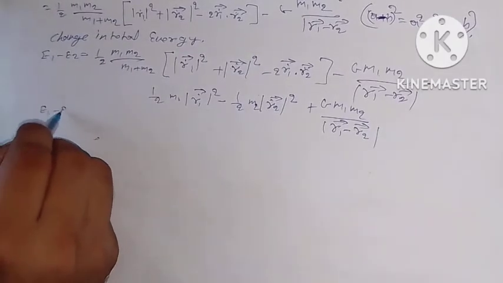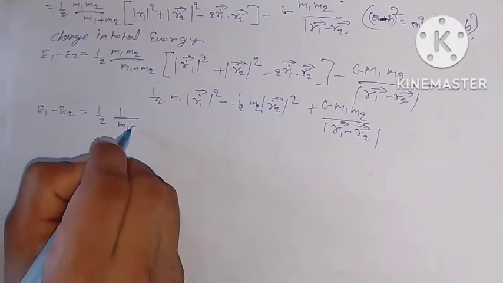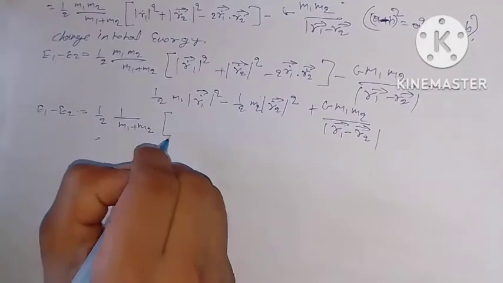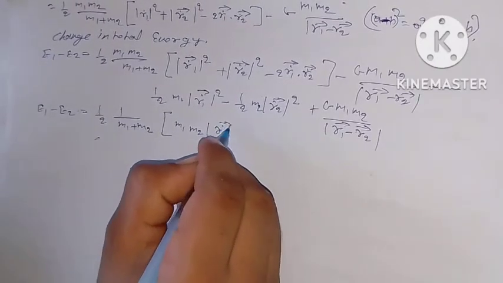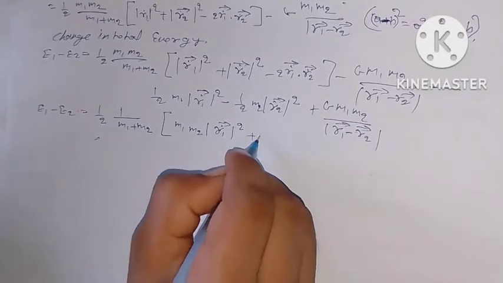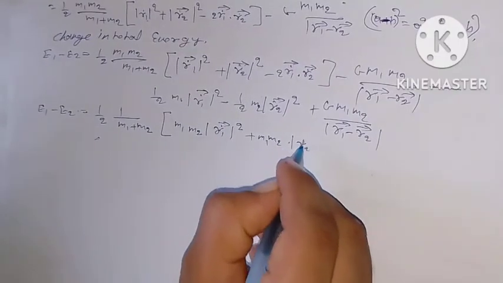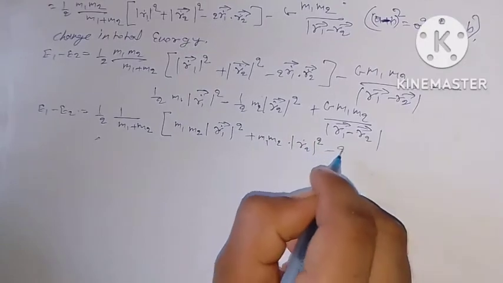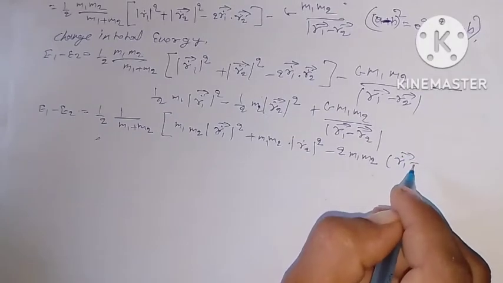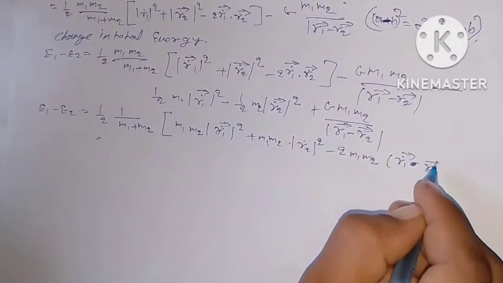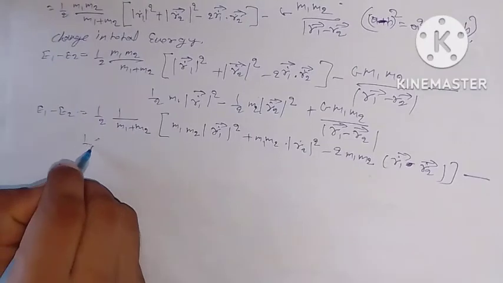Equal to E1 minus E2 equal to 1 upon 2, 1 upon M1 plus M2 in bracket M1 M2 mod of derivative of R1 vector whole square plus M1 M2 mod of derivative of R2 whole square minus 2 M1 M2 in bracket R1 vector into R2 vector derivative, minus 1 upon 2